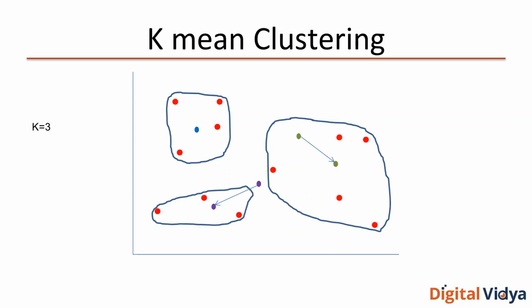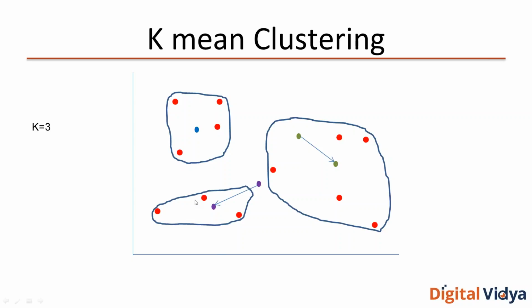So now this is the new cluster configuration. This is step 2, and these steps you could go on repeating. So now again, for this cluster, you will find the centroid again. This point can't move here, and this point may move here a bit. The new center or centroid of the cluster would be calculated based on the distances between the points in the cluster. So what is the mean distance of the points of the cluster?